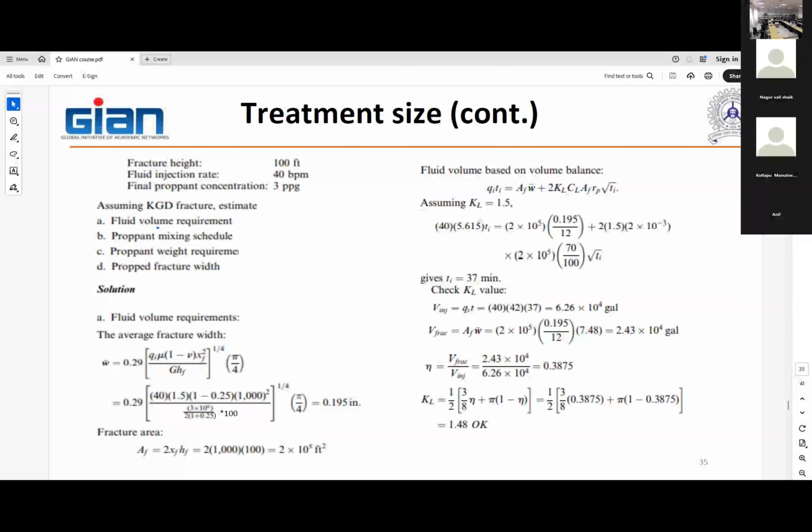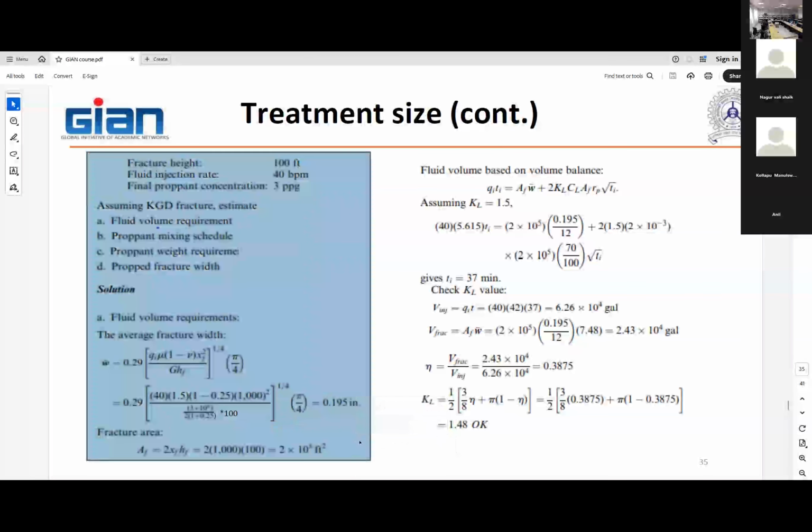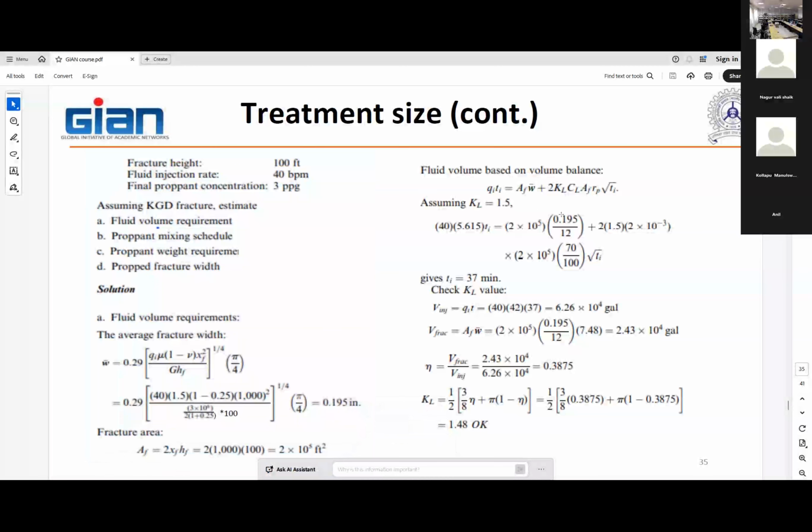We are trying to convert everything into feet cubed, so barrels multiplied by 5.615 becomes feet cubed. Then Ti, the total injection time, which we don't know yet, equals the area of the fracture times the fracture width. We already calculated the fracture width, but now we want it in feet, so 0.195 divided by 12, plus 2 times